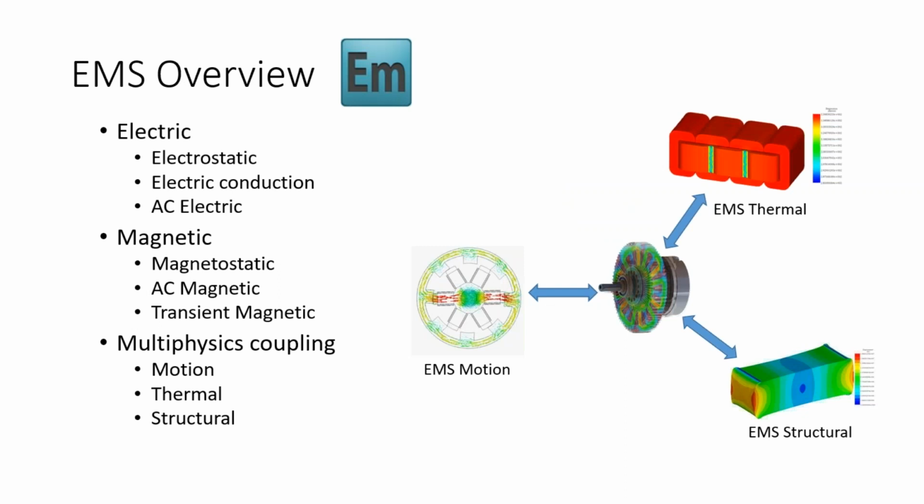So EMS is an electromagnetic simulation software, and it has 6 basic solver types, and these six solvers can be loosely split into 2 groups. The first group is electric solvers. It contains electrostatic, electric conduction, and AC electric modules, and these modules allow you to perform simulation of electric fields,